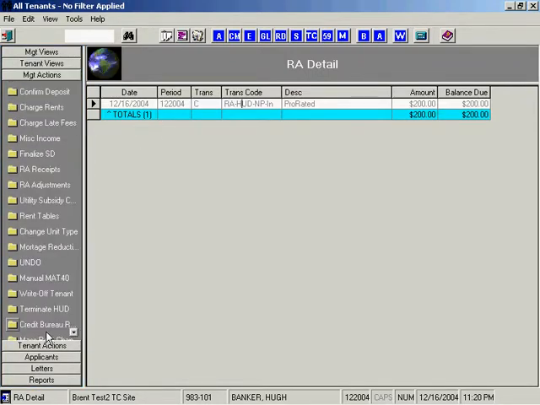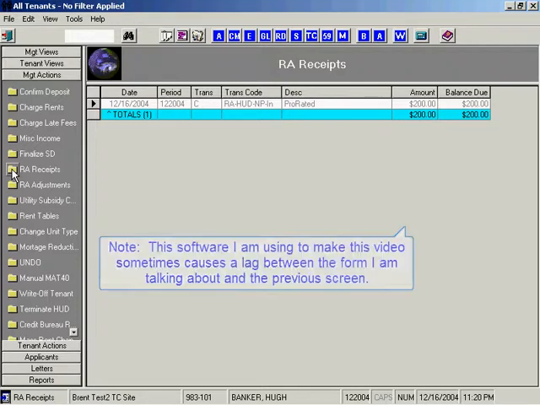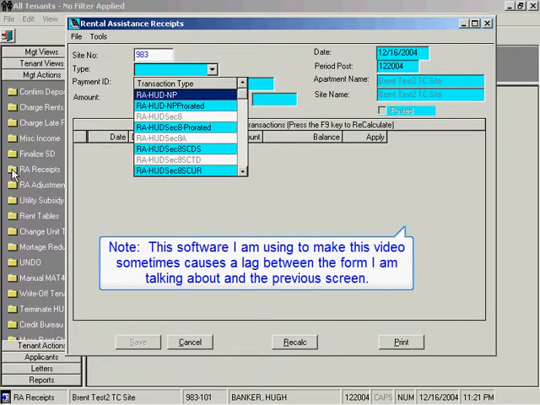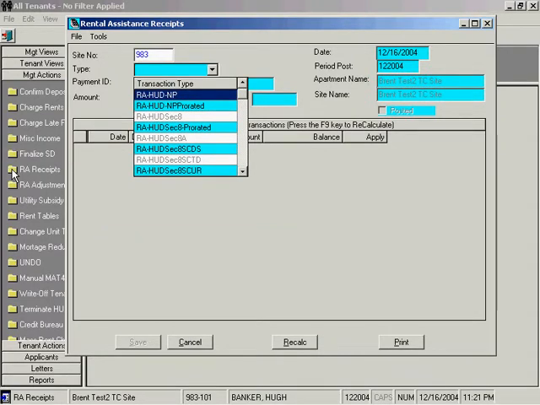And to do that, I'm going to click Management Actions, because this is not something that a tenant would do. I'm going to click the icon RA Receipts. It brings up the rental receipts form. I'm going to type in the site number now. Most of the time in MultiSite, it asks for the complex code. This one asks for the site number. I enter that, and I'm going to pick the first one on the list here, RA HUD NP